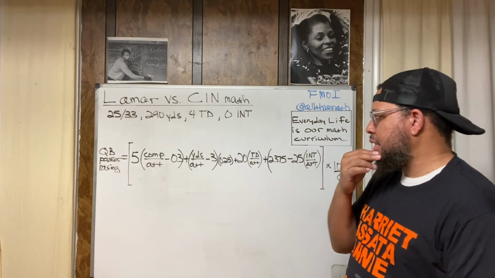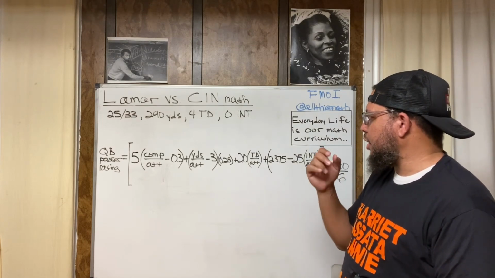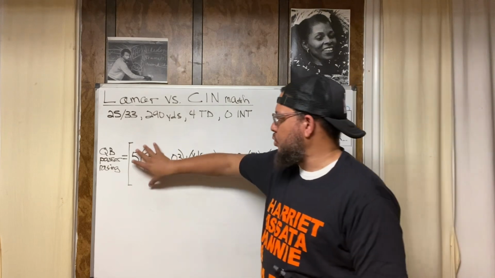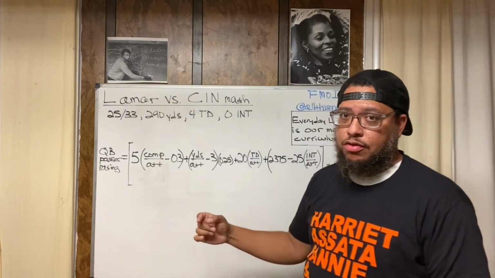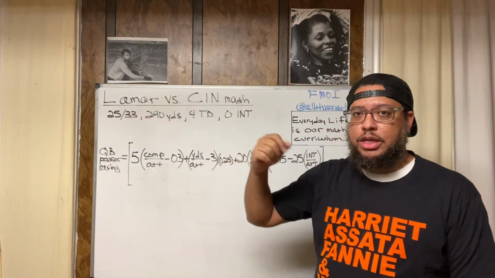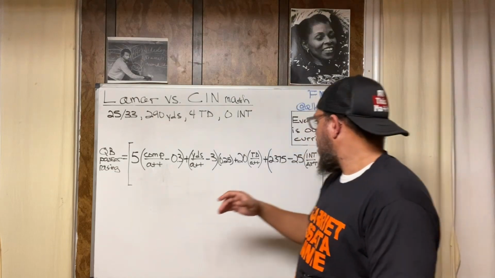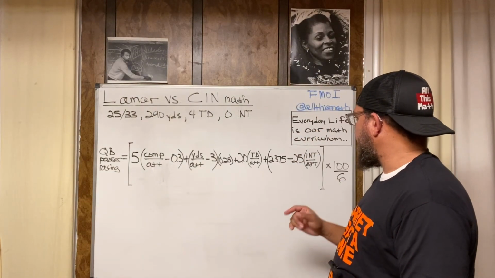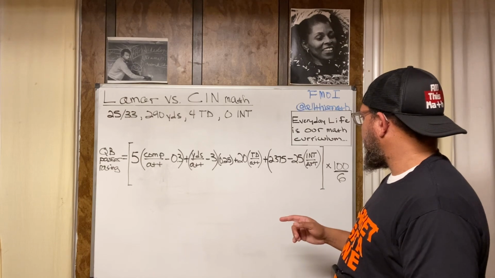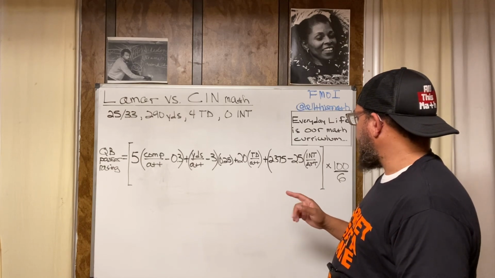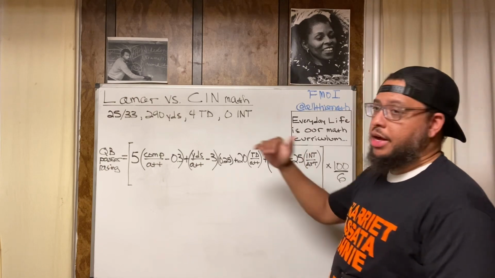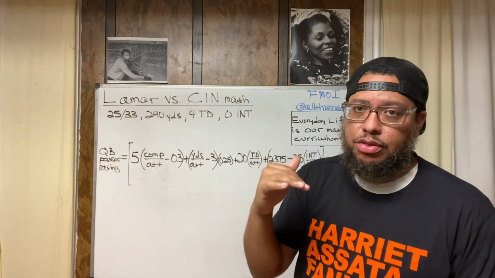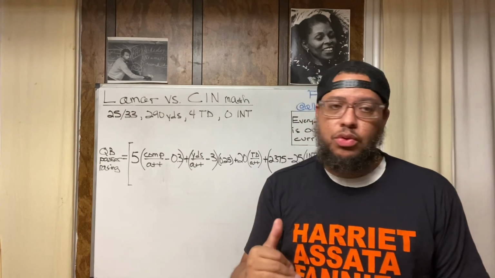Now, there's something else that you also have to include in this. If you end up with a negative value for any of these four values, then you automatically change that value into a zero. Also, if you end up with a number that is greater than, I want to say, 3.375, then you have to lessen that number and convert it into 3.375. That's what you're going to have to do.